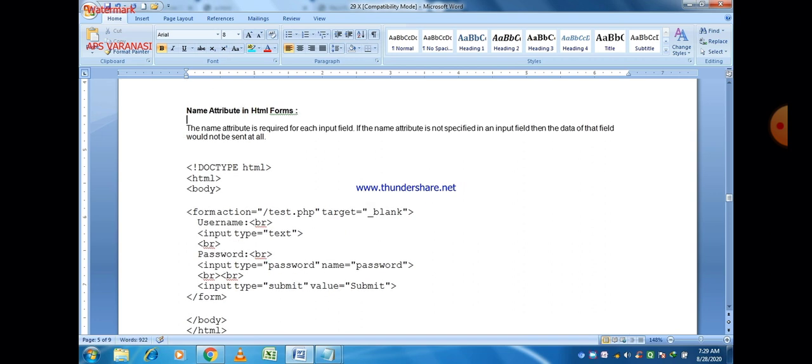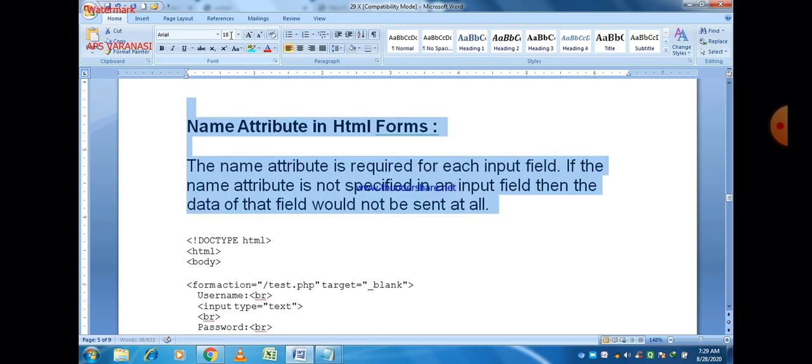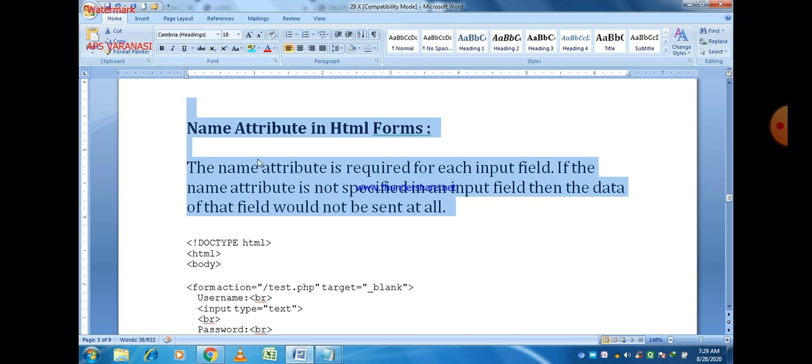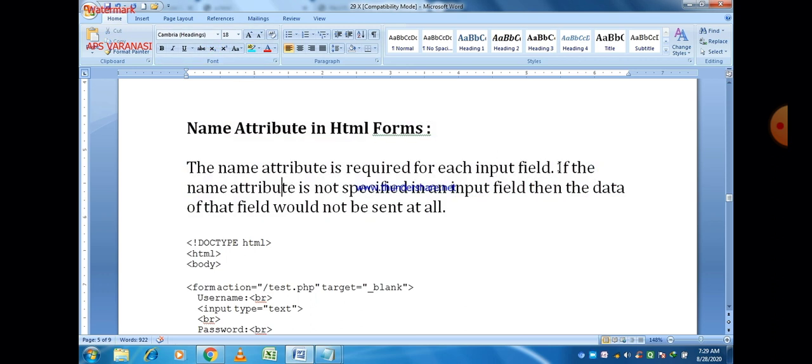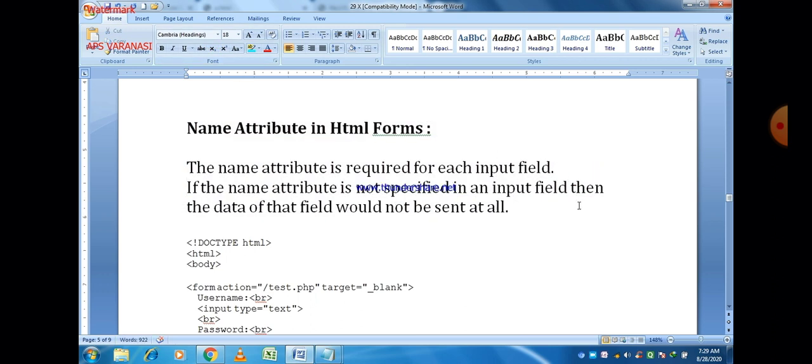Next is the name attribute in an HTML form. It is another important attribute. The name attribute is required for each input field. If the name attribute is not specified in the input field, then the data of the field would not be sent at all.